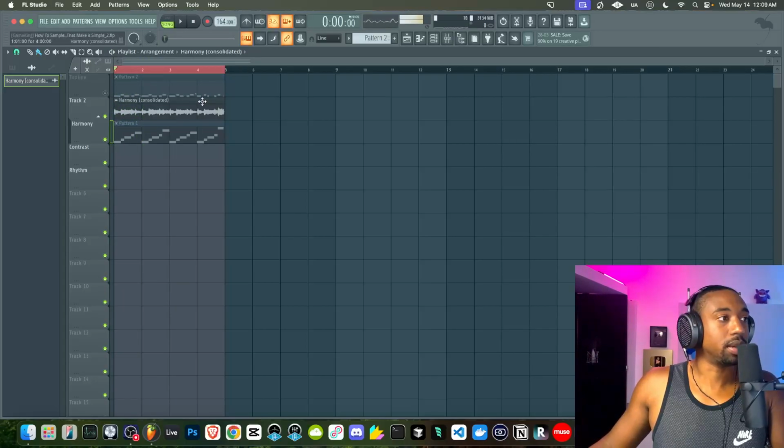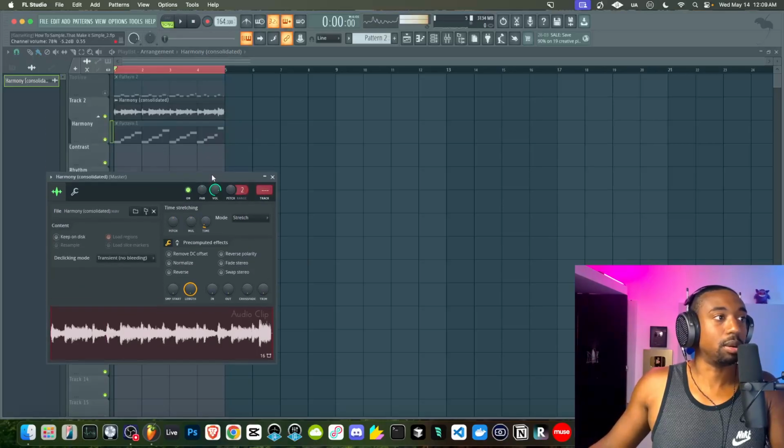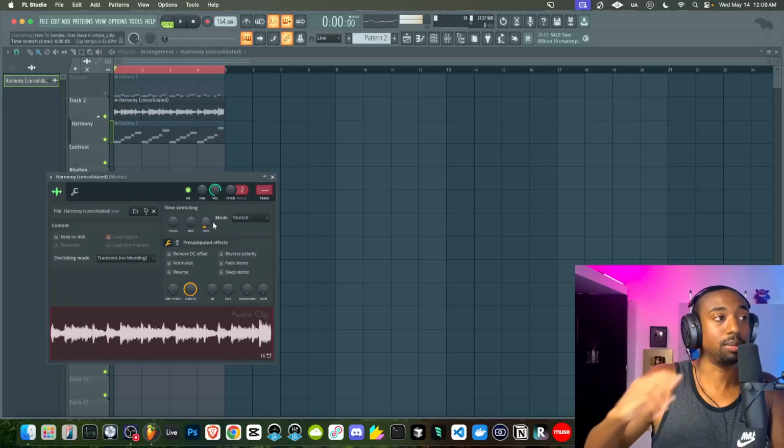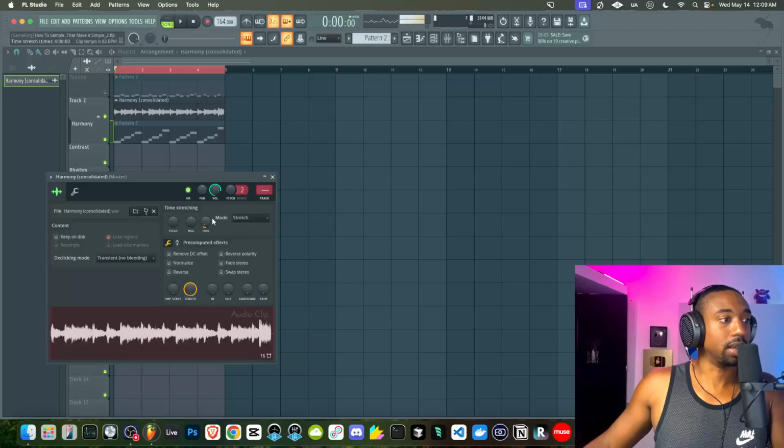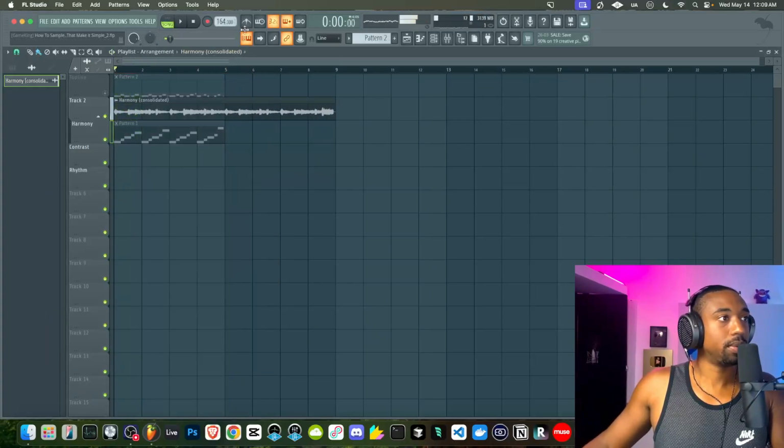Now what I need to do is right click, and I need to make this double the length because now we've doubled the tempo. So it just sounds faster. Let's right click here. Now the max here is 4 bars, but you can left click the time knob to just manually make that longer. And now if I go to the metronome, it should line up.